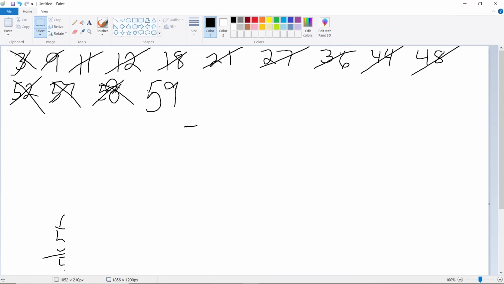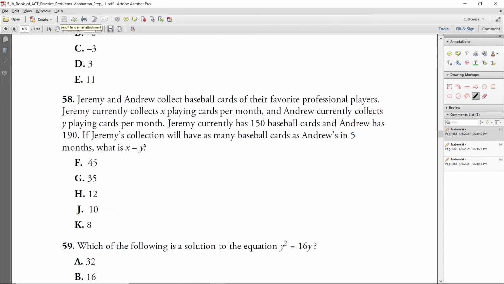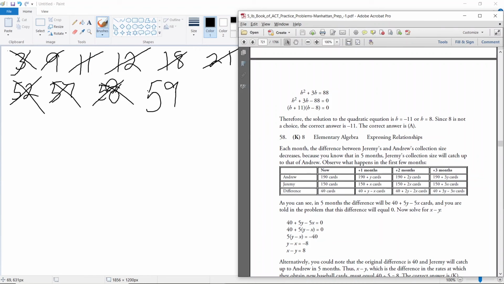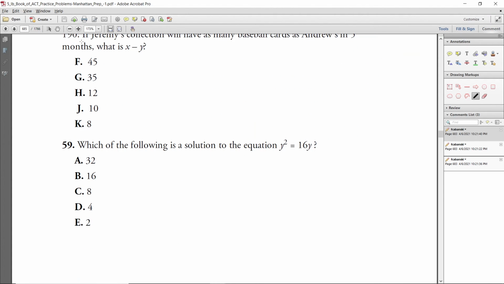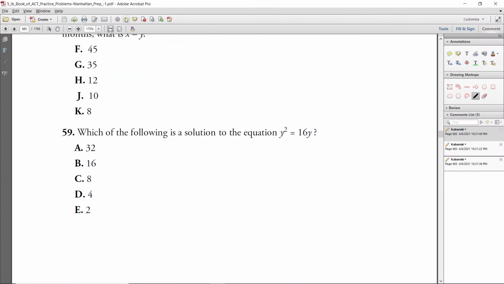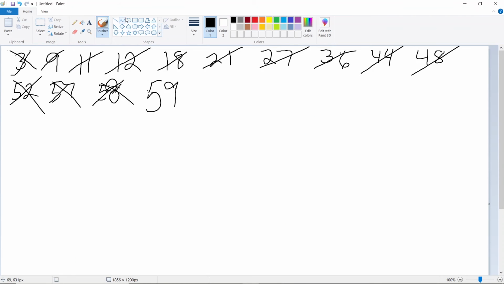It's very hard to figure out what you could plug in for X minus Y and then come up with a plugging in strategy on those. So sometimes you just have to work the algebraic manipulation. 59. Which of the following is the solution to y squared equals 16y? Y squared equals 16y. Well,